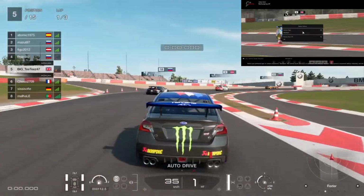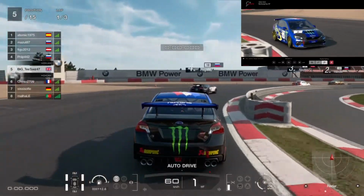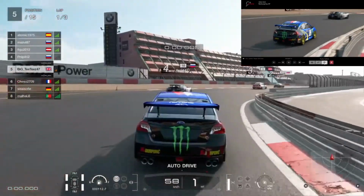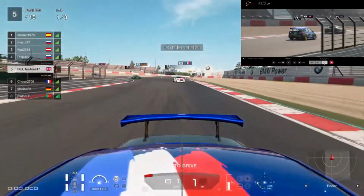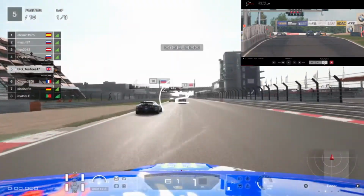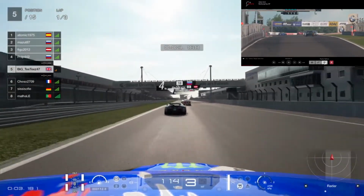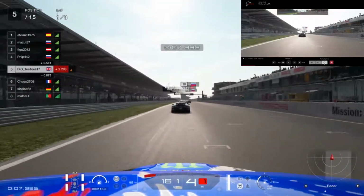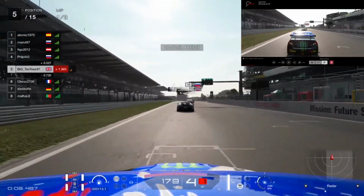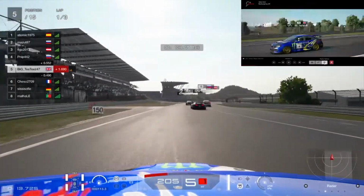Anyways, we're starting here, the Nürburgring. Ahead of me is the Bugatti, and behind is I think that's a Peugeot. Yeah, it's a Peugeot. So anyways, two lights, and there we start. So we are in 5th, and I'm 0.5 seconds behind the Bugatti ahead. And so now into this turn one, which is very tricky,